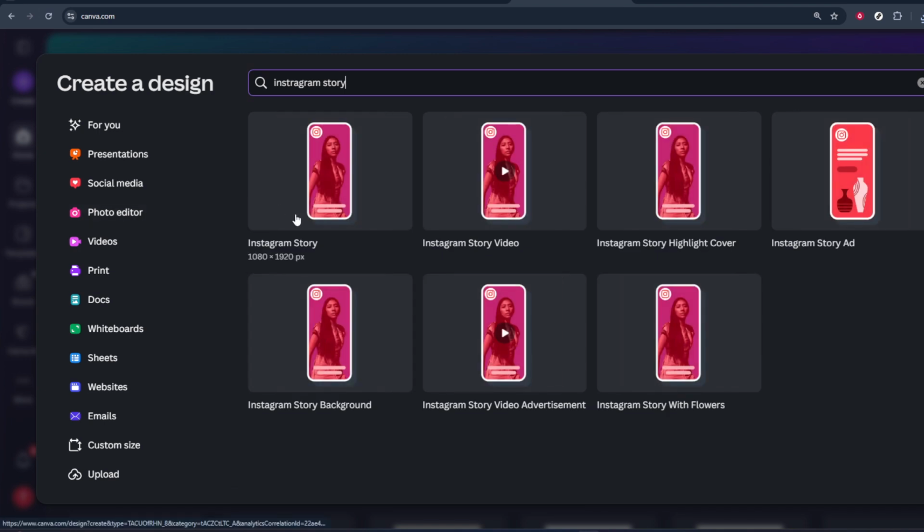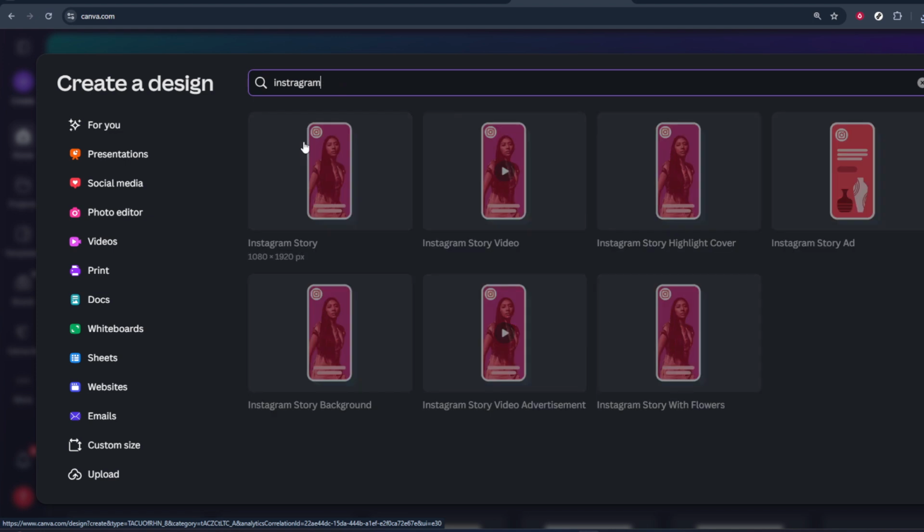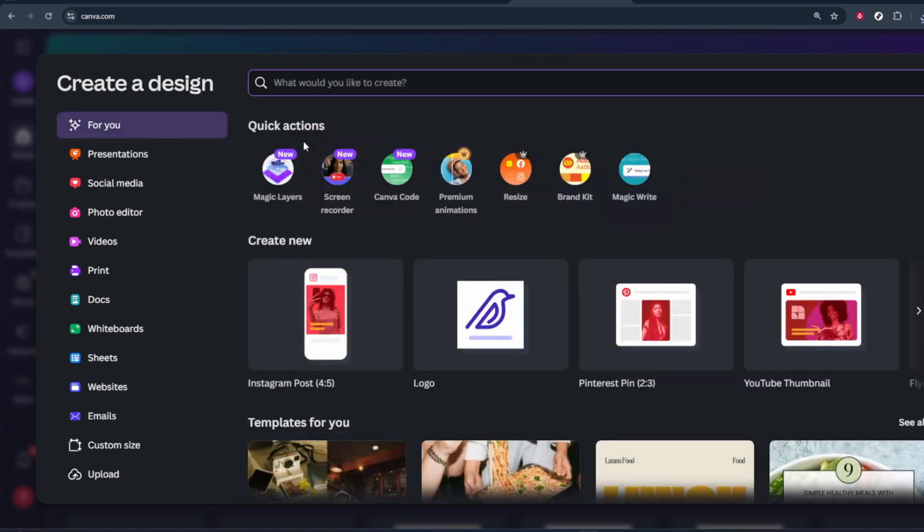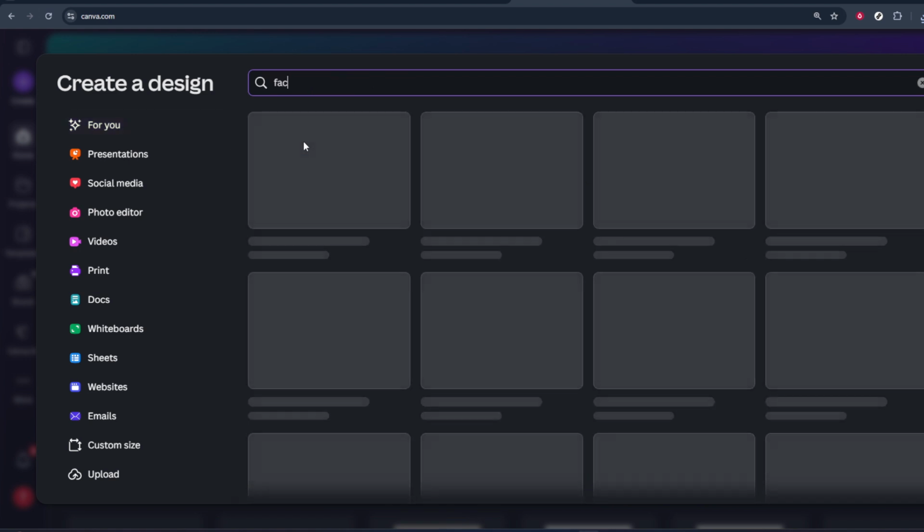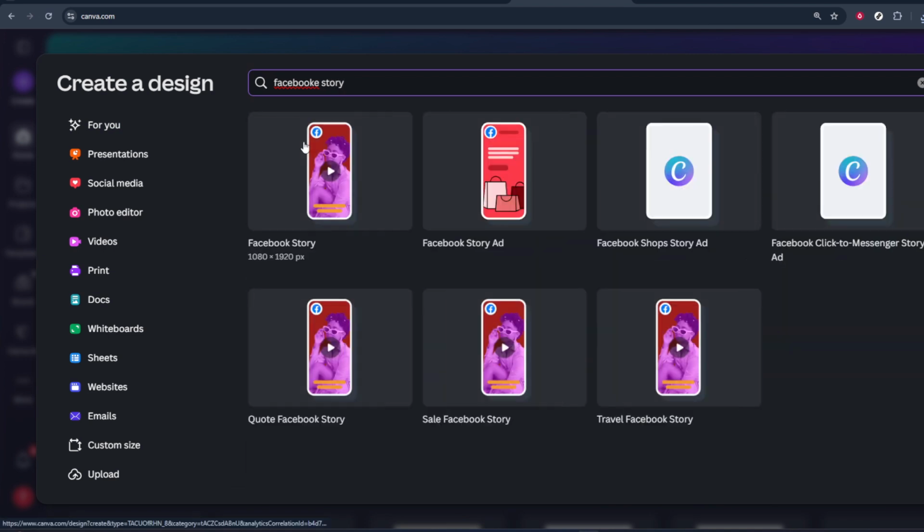In that left-hand panel, look for the Templates tab. This is where Canva offers pre-made story designs that you can customize. Click on Templates and you'll see a wide range of ready-to-use layouts appear. These are already sized correctly for stories and often come with suggested fonts, color schemes, and placements for photos and